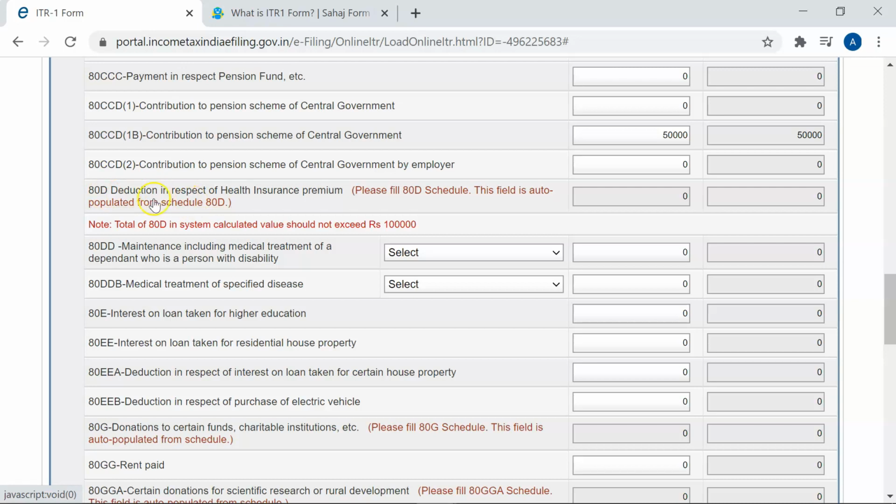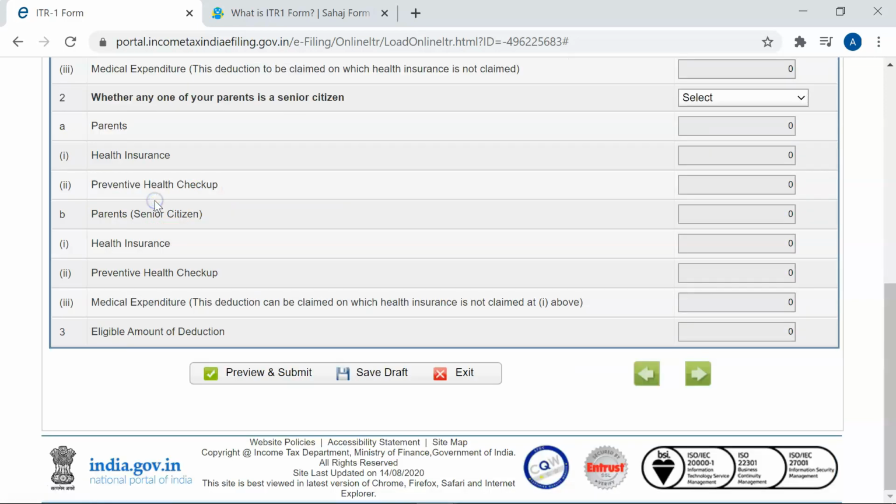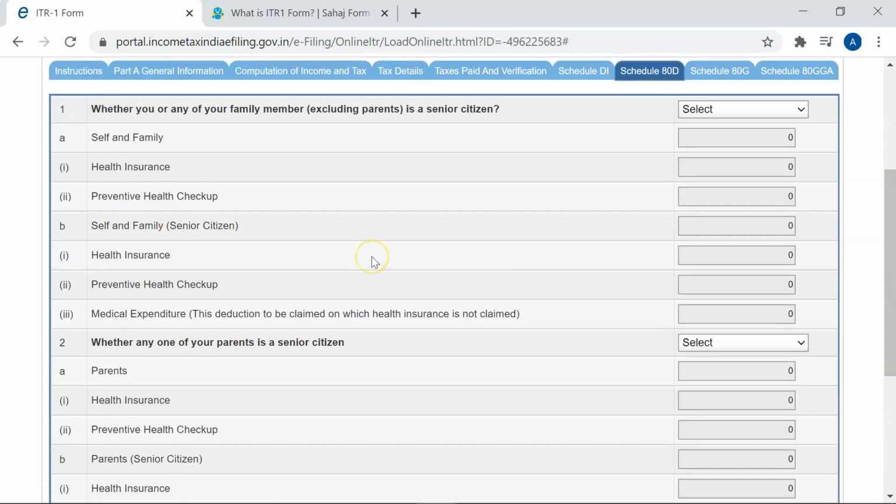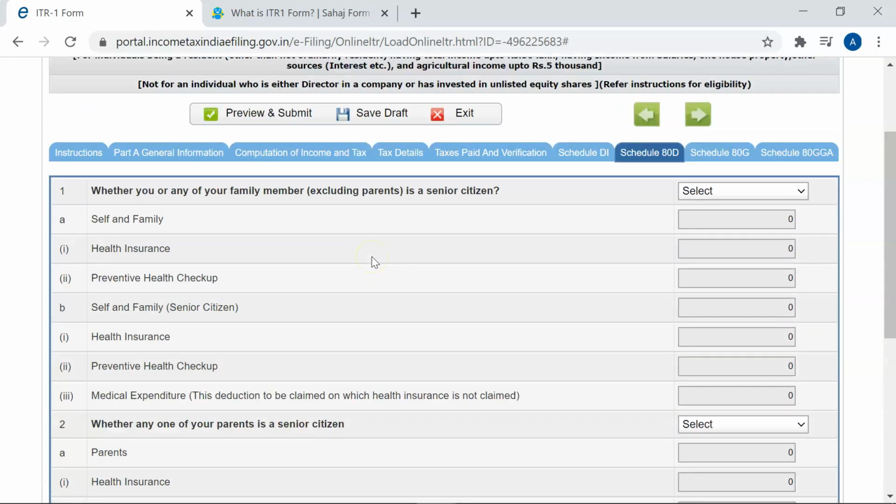So generally 80D is for the health insurance. Life insurance and health insurance are two different aspects. Life insurance is when the person passes away, the nominee gets the amount. Health insurance is whenever you are feeling ill or if you fall sick and you are joining as an inpatient in any hospital, then that amount will be borne by the health insurance company.